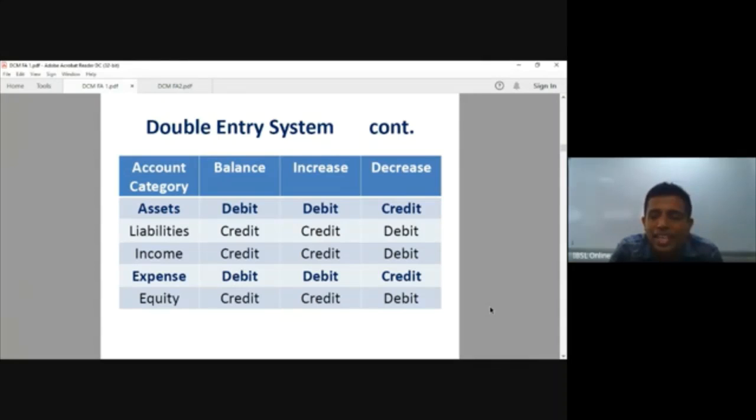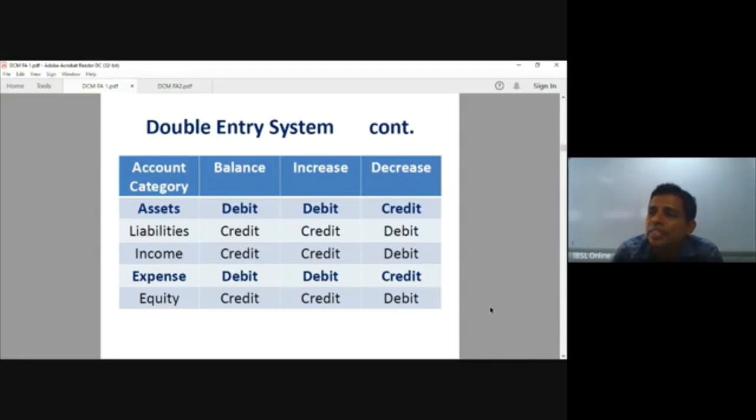Right? Then go to the other entry. Customer account credit. When a customer makes a deposit, one day we have to give that money again to that customer. From the point of view of the bank, customer account, whether it is a savings account, current account, fixed deposit, whatever it is, a deposit account is a liability. It has the characteristic of a liability. From the point of view of the bank, one day we have to repay that customer deposit.